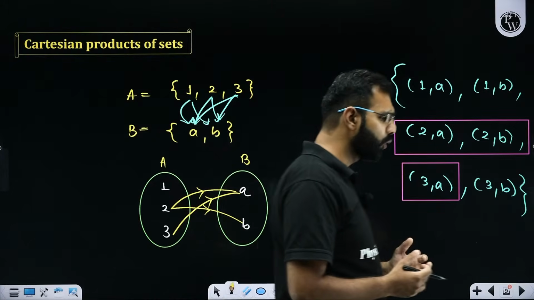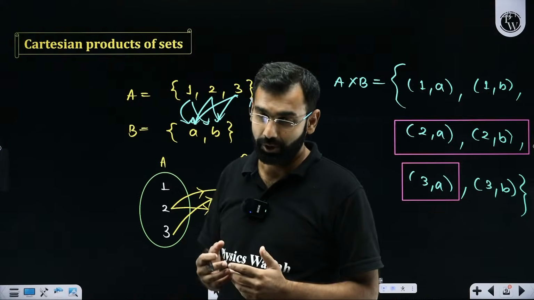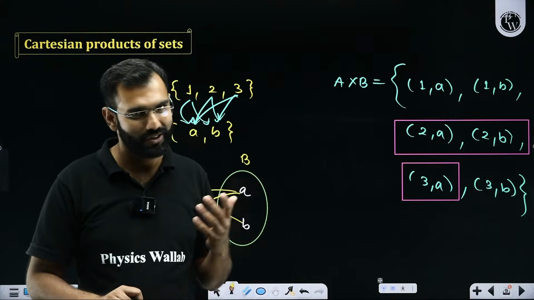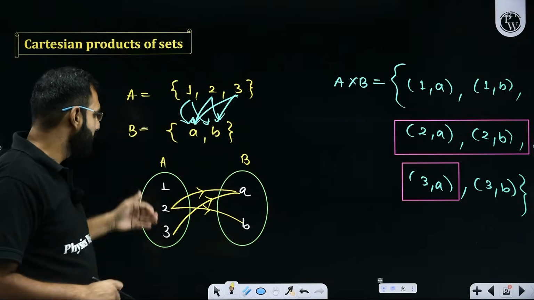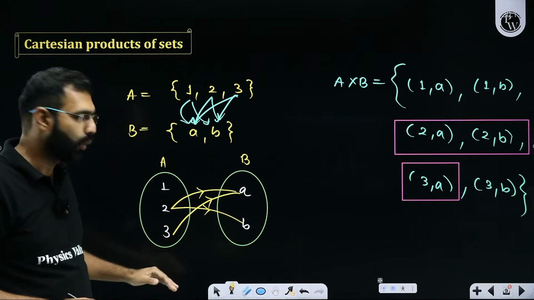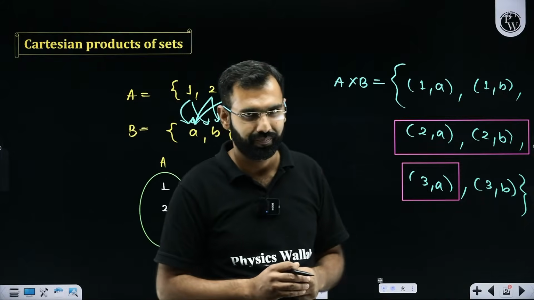Now, sir, do relations really follow any rule? In mathematics, they don't. In real life, they should. But in mathematics, they don't. Just like in real life. So what I'm saying here is that mapping of any of these elements with any of these elements in any possible manner is a relation.